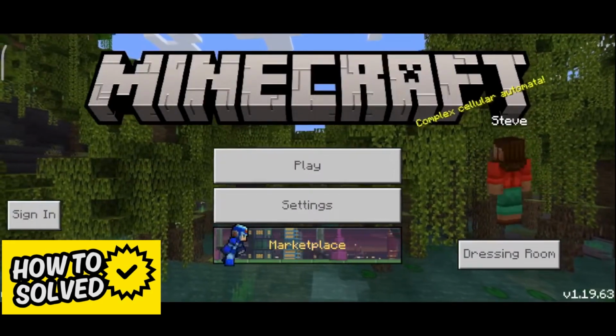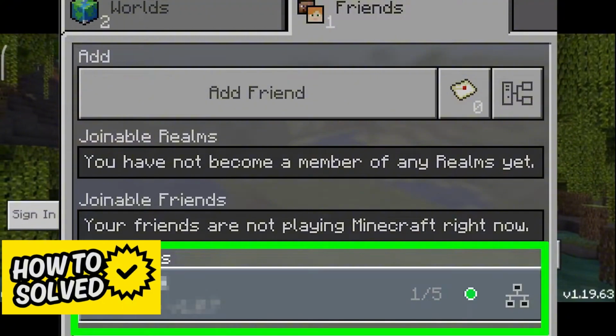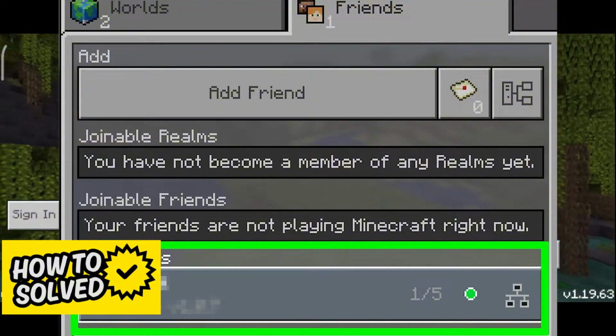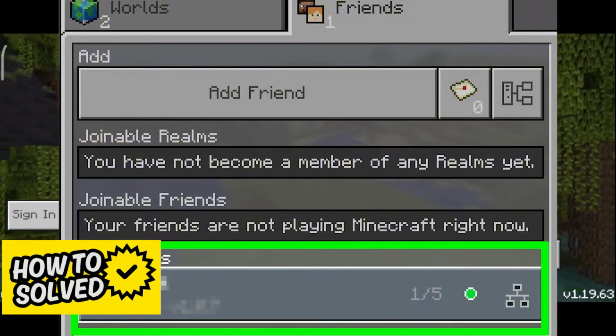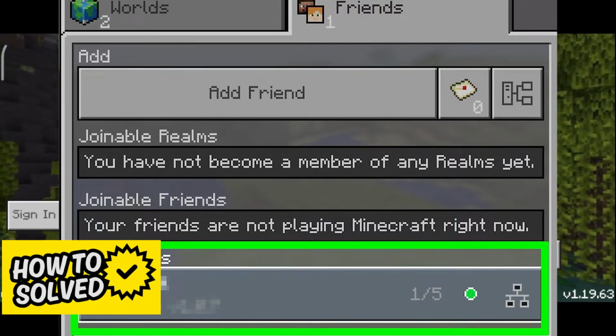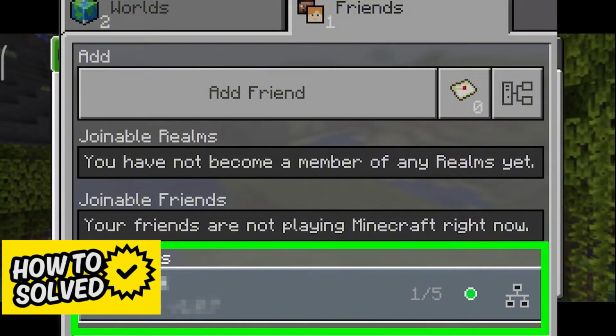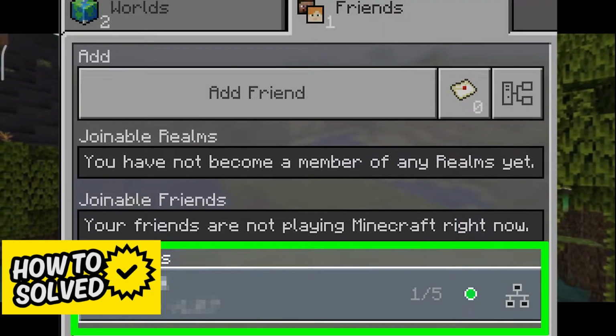What you have to do is you and your friend need to be on the same network or Wi-Fi. This is the only available method to play multiplayer without signing in. So both of you need to be together in real life and connected to the same Wi-Fi. Once you ensure that both of you are on the same Wi-Fi network, you can join any world that you